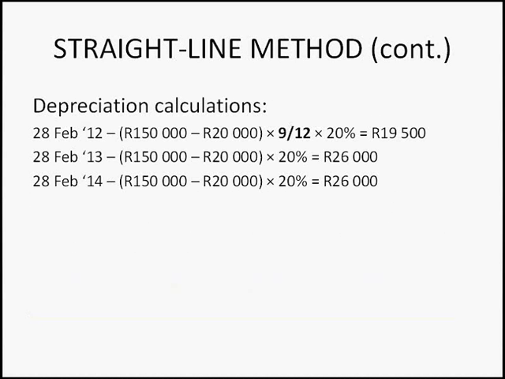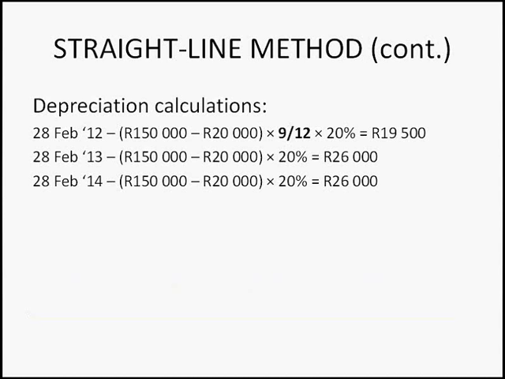Firstly, let's do the calculations for each year. If we bought the truck on the 1st of June 2011 and our financial year ends on the 28th of February, then the first time that we will write off depreciation will be 28 February 2012. Remember now that there's a residual value, so when we work out depreciation, we first have to deduct that residual value from the cost price before we can use that amount to work out depreciation. So you'll see in the calculations there, we start with 150,000 minus the 20,000. So it's cost price minus residual value. And then we're going to multiply it by our